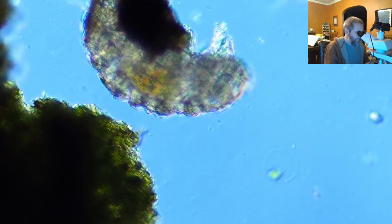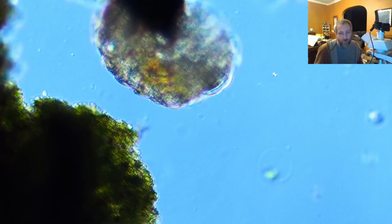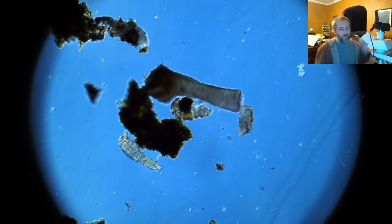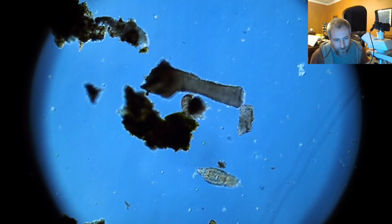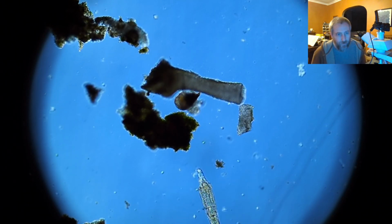So back to these guys. Here's the big one that we saw earlier, kicking around. I'm just going to leave it there for a little bit. I might zoom back out because we're crazy zoomed in. And yeah, so I thought, oh, well, maybe I can just give people a little bit of water bear